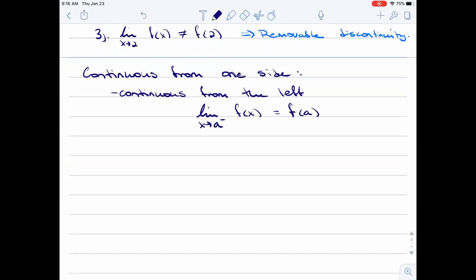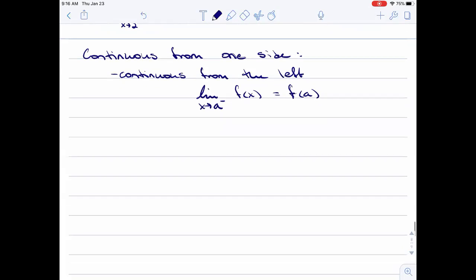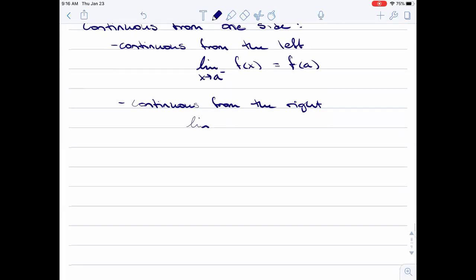So even if you're just able to boil it down to one of the sides, you could at least say it's continuous from the left or continuous from the right. If we're coming in, continuous from the right means that the limit,